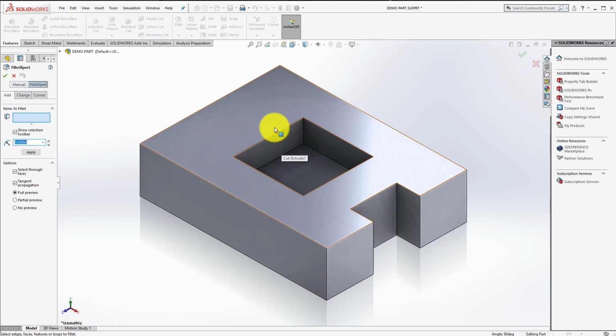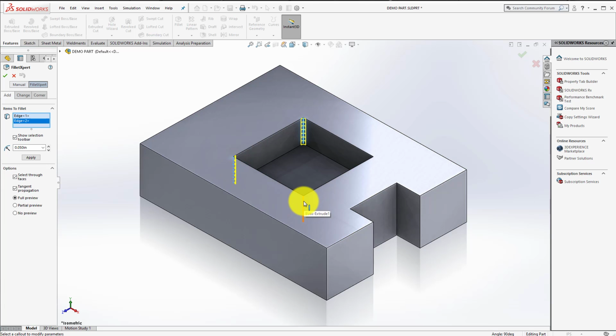What I'm going to do is apply a radius to this part to symbolize that I was going to use an end mill to maybe machine this pocket out, because a cutter is going to have a diameter and it's not going to leave a nice sharp corner in here. That corner radius is going to be a function of the diameter of the tool. So I'm going to come in here and pick that one, hover over here, it highlights that one, and here,